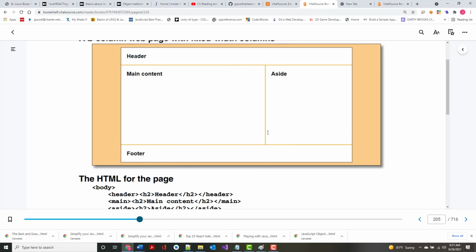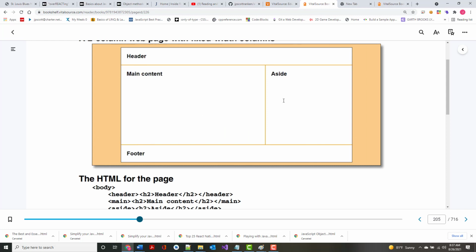There can be anything in the header. It could be centered. There can be anything in the footer. It could be centered. That's not what's important here. What's important is the fact that we got 2 columns. Now, when you look at these, it looks like, to me at least, like this one is